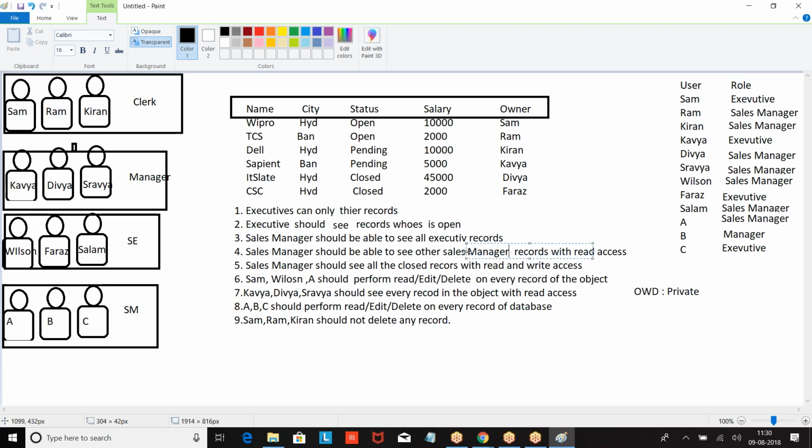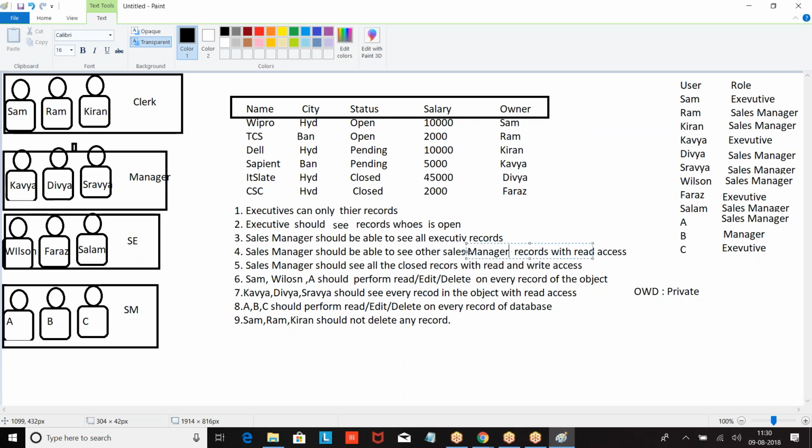Let us go to the next one. Sham, Wilson, and A should perform read, edit, delete on every record of the object. Delete permission will not come with OWD, so obviously I have to go with modify all.